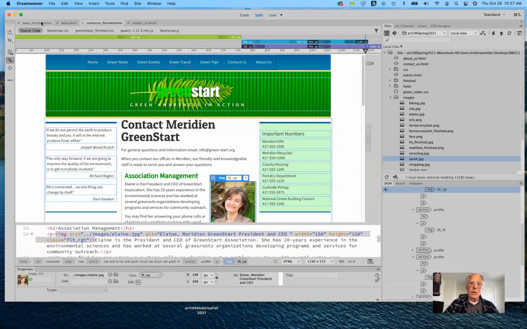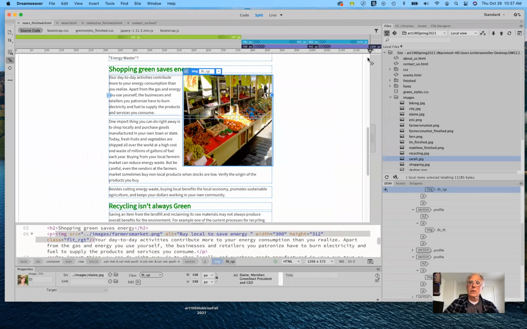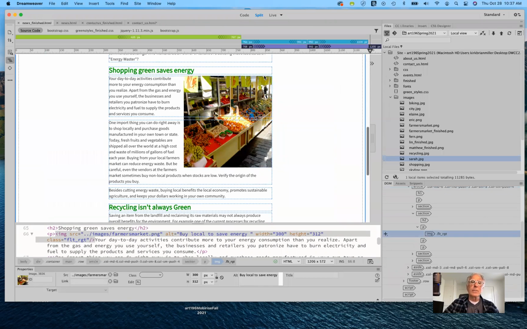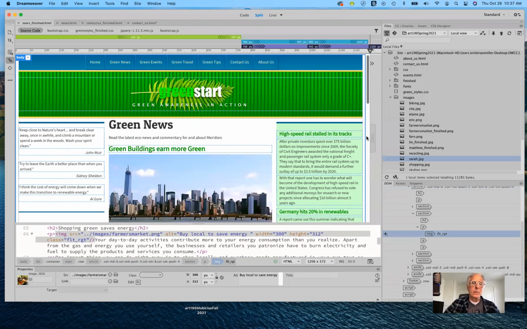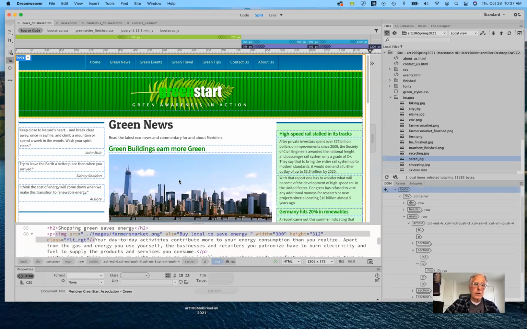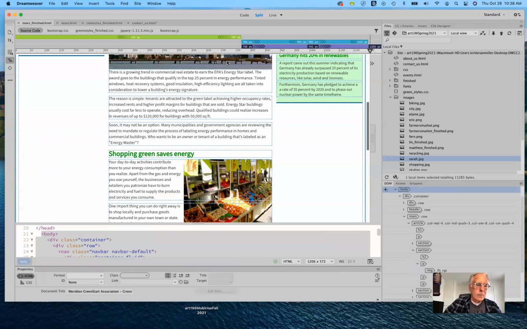Let's go to news and look at news finished. Let's see what we're doing here. There's two images that we're supposed to insert, and one we're supposed to resize, and one we're supposed to add the responsive bootstrap class to it. There we go. So again, notice that the image is placed within the paragraph. Now, that's the farmer's market. And then if I click here for the building,